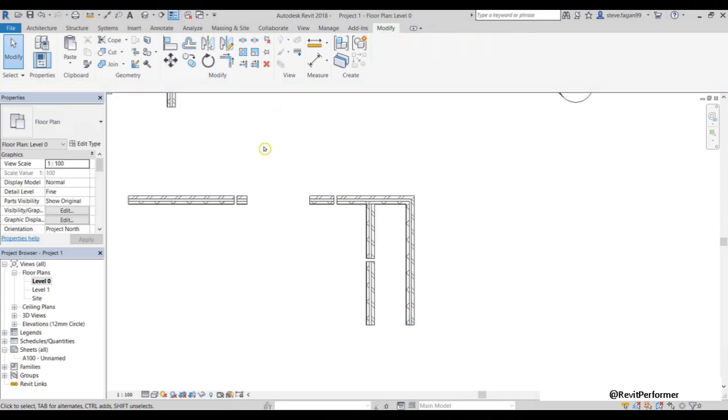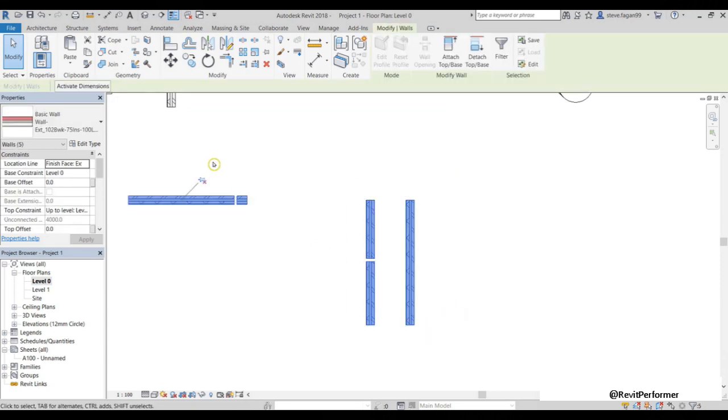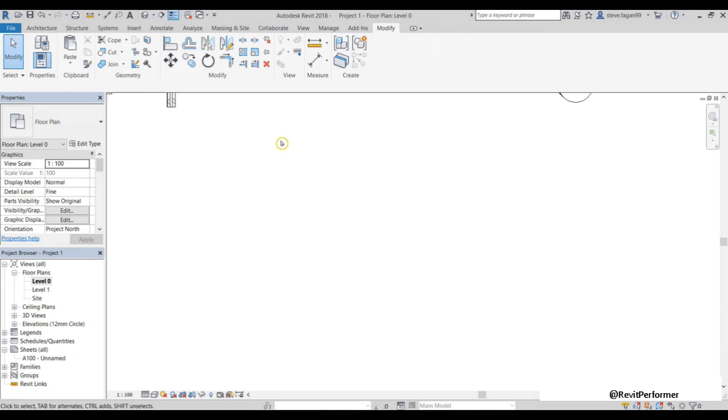And next we'll look at the delete tool. So it's a little red X. This will remove any element that we don't want in the project. So I'll select my tool, select the element and press enter. We also have the option of using the delete key on the keyboard. So again, we can just highlight and press the delete key on the keyboard.